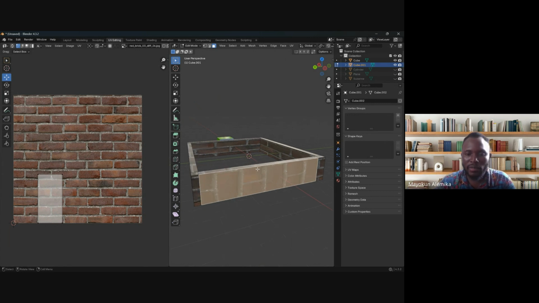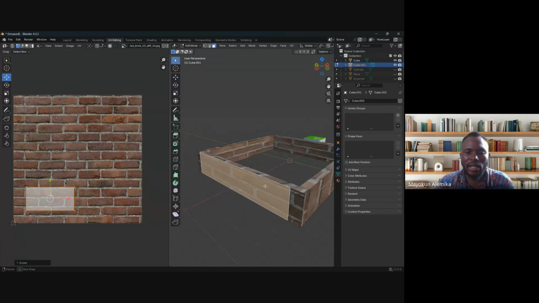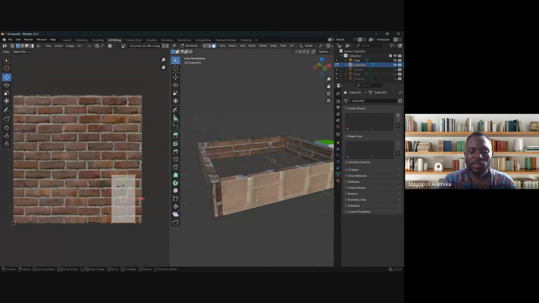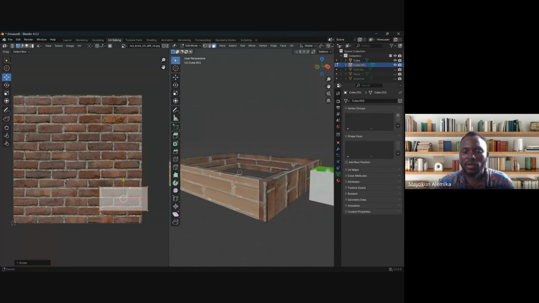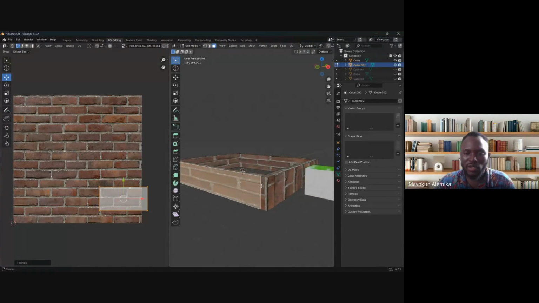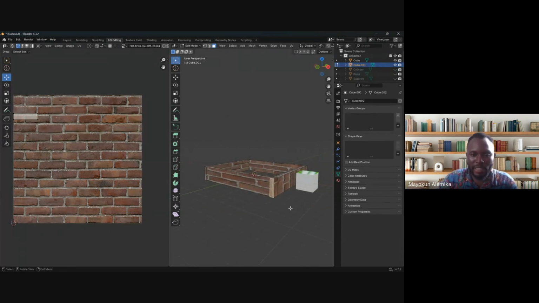Let me show you what I mean. This face here, if I rotate this maybe 90 degrees, this is how the bricks are supposed to be, right? Good. So now I can either manually start doing that one by one, rotating 90 degrees, or I can try to unwrap it in a different way. For now, just for illustration purposes, I'll do it manually. Or better still,